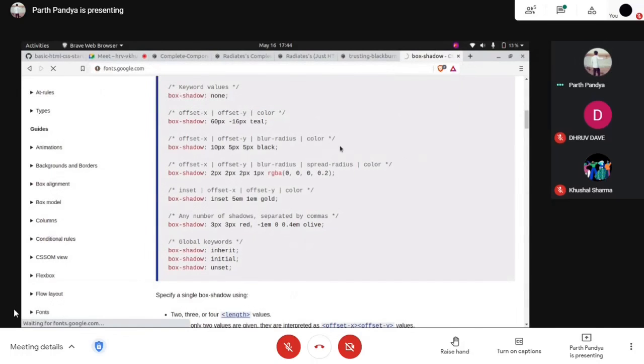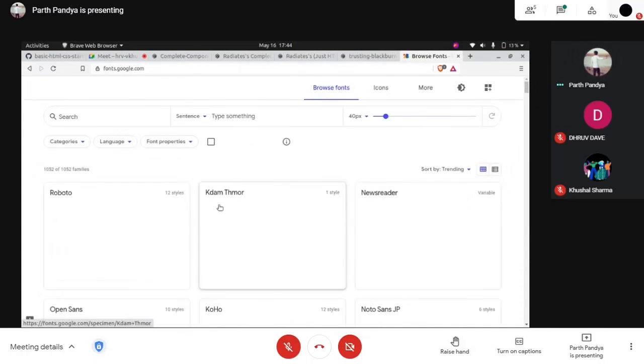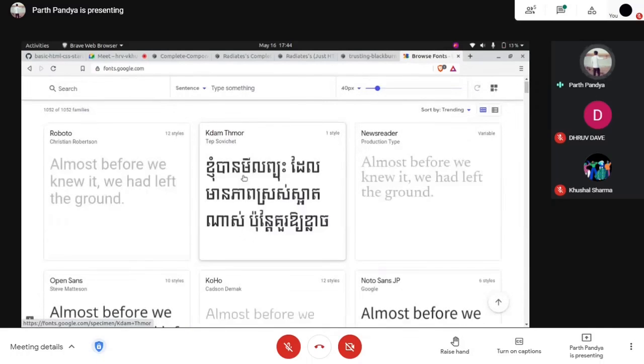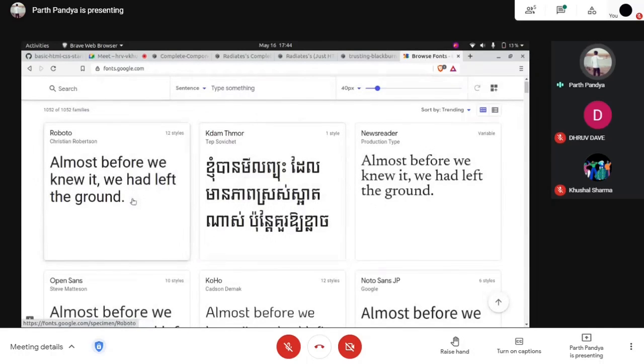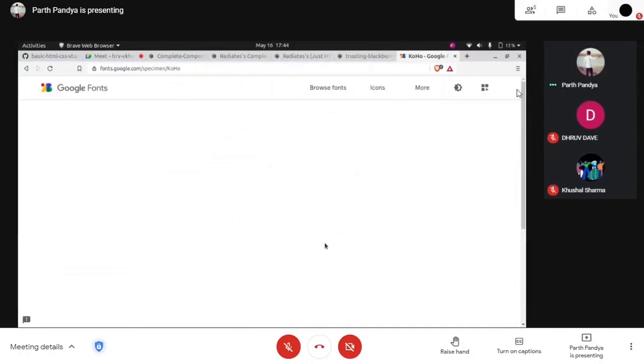fonts.google.com. Okay. So suppose you like this font. You like this font, Roboto. Now let's say this one, Coho.